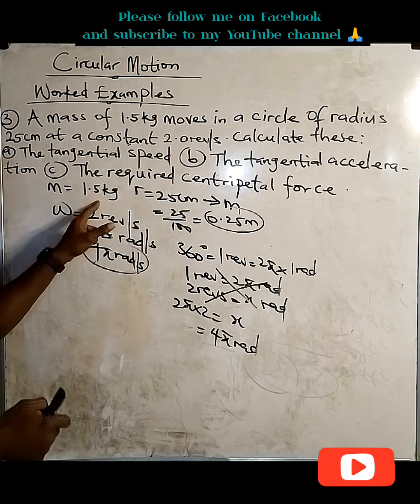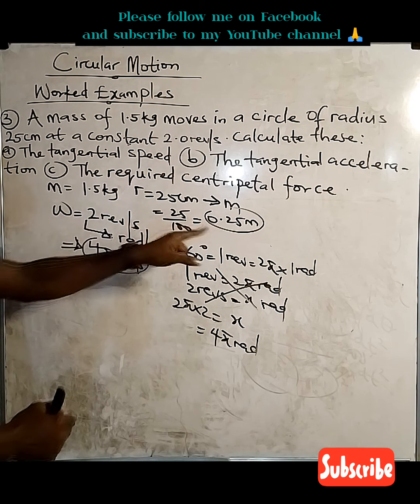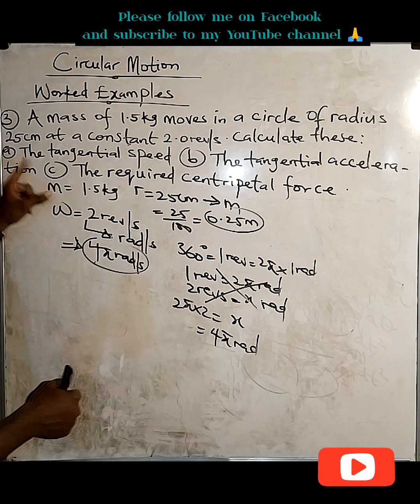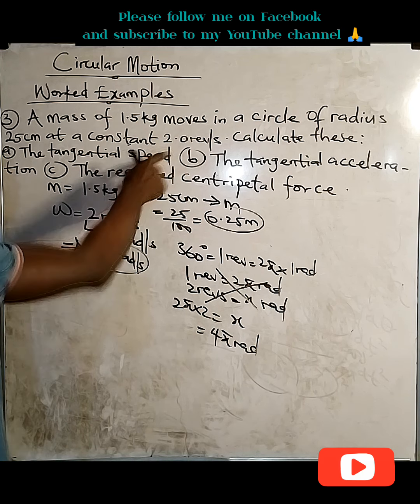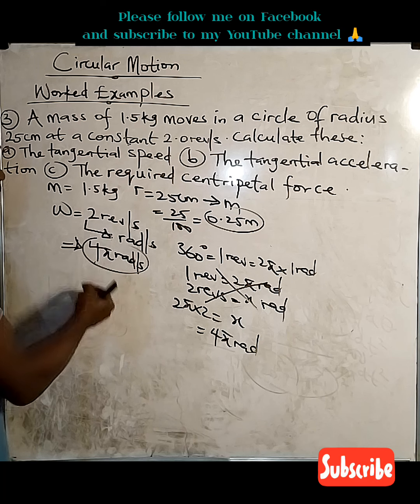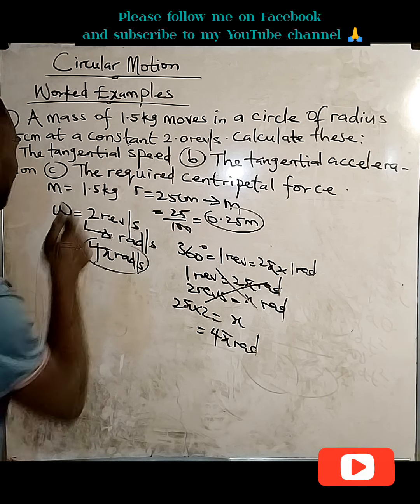We have our mass to be 1.5 kg. We have our radius to be 0.25 meter. Don't forget, the mass of 1.5 kg moves in a circle of radius 25 centimeter at a constant of this. So the angular speed has been converted to the right unit, which is 4 pi rad per second. So the first question we have is,